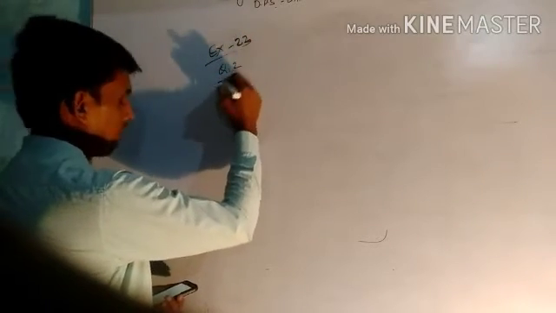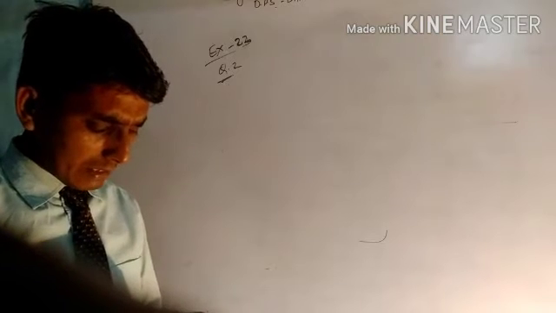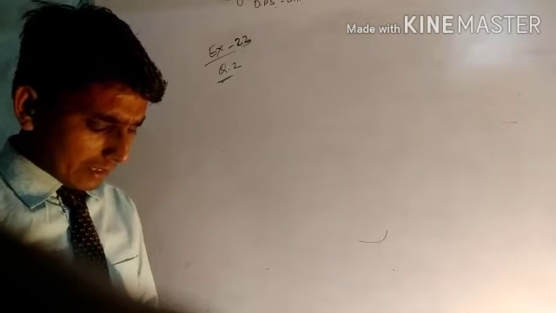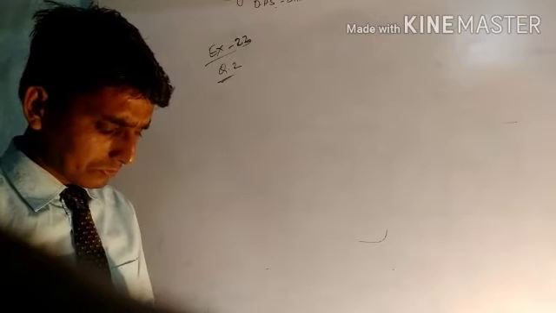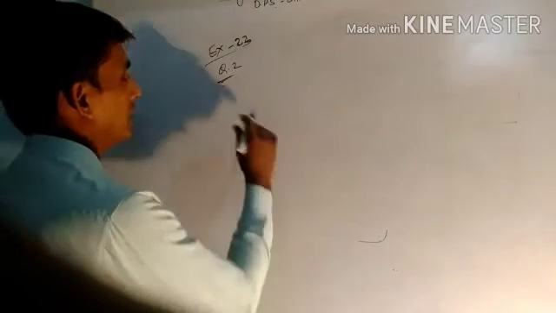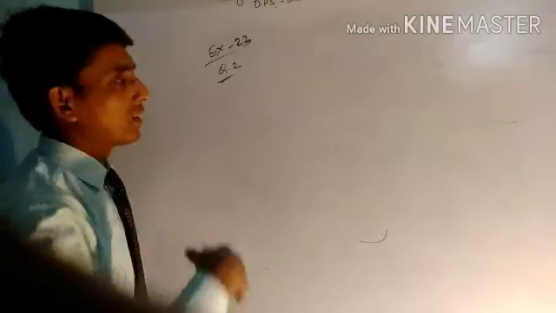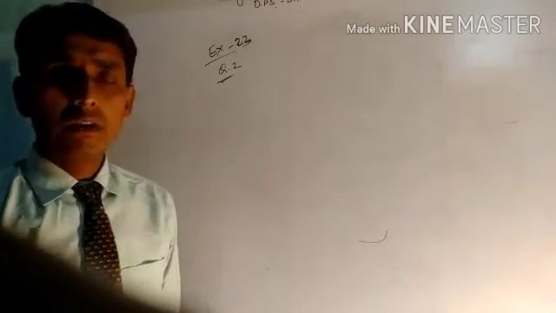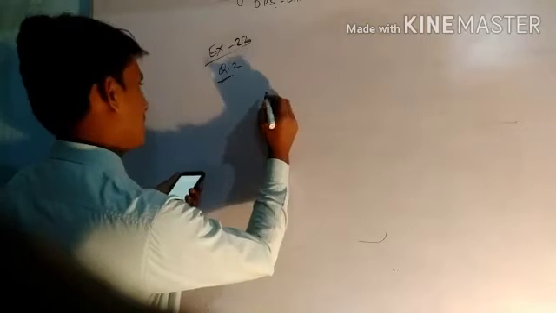Question number 2: it is given that we have to check whether the first polynomial is a factor of the second polynomial by dividing the second by the first polynomial. We have to check whether the first polynomial, in the first question, is a factor of the second polynomial or not.